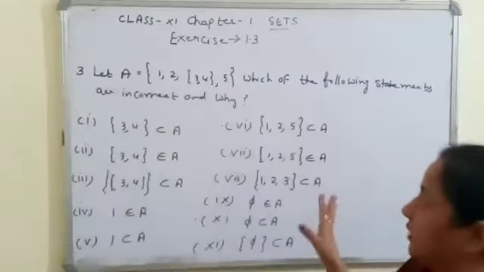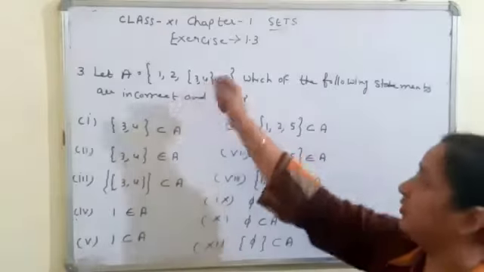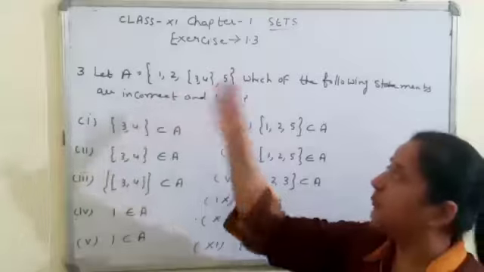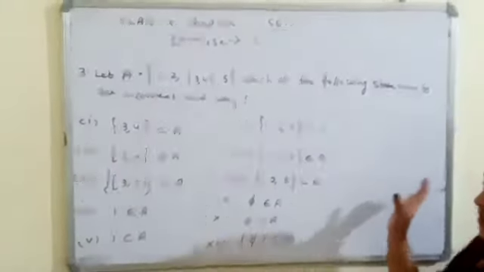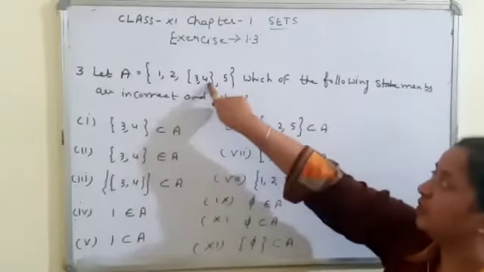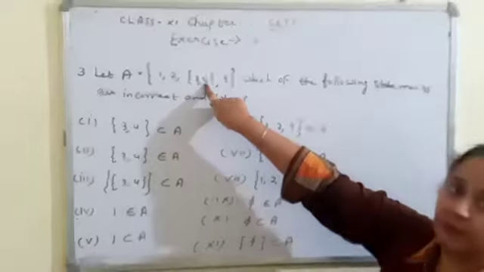Yes student, I want to make you clear. 3 and 4, they both are not different elements. This pair is representing a single element here. You have to keep in mind, the main thing where students make mistakes in sets, the main thing to stress is that {3, 4} is an element here, not a set.